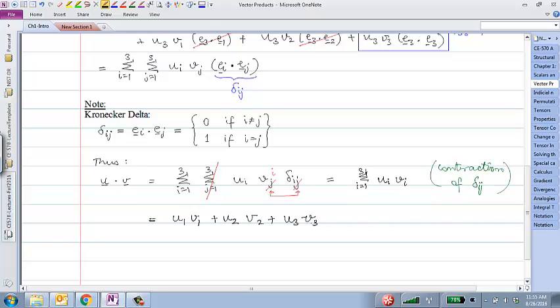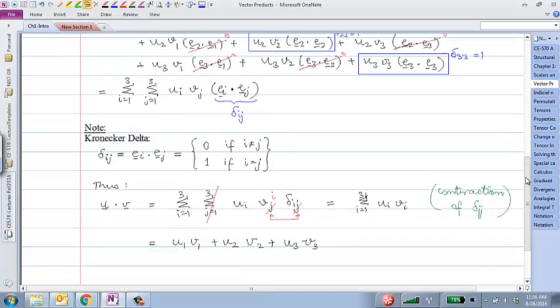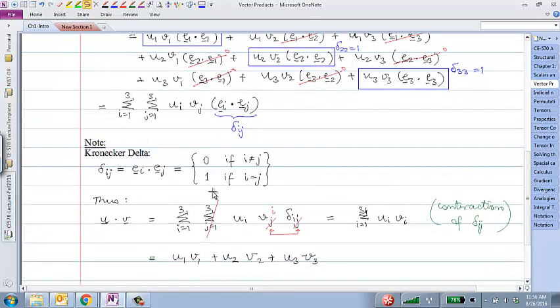If I have 2 vectors, u and v, the dot product of u and v is u1 v1 plus u2 v2 plus u3 v3. We took a very long way to get there, but all of this exercise was to show you how you would use this type of notation and this type of symbol to be able to work with these expressions